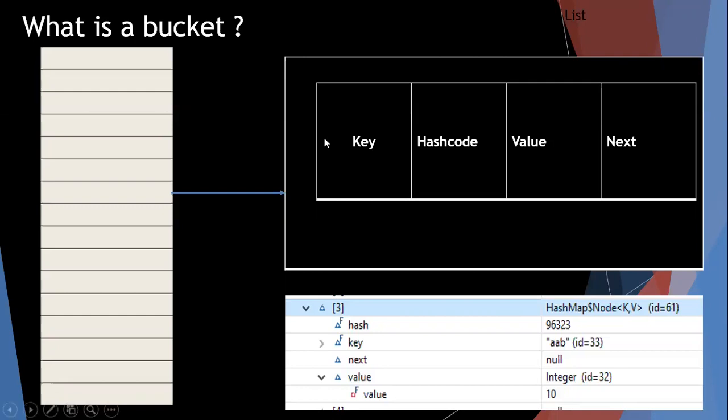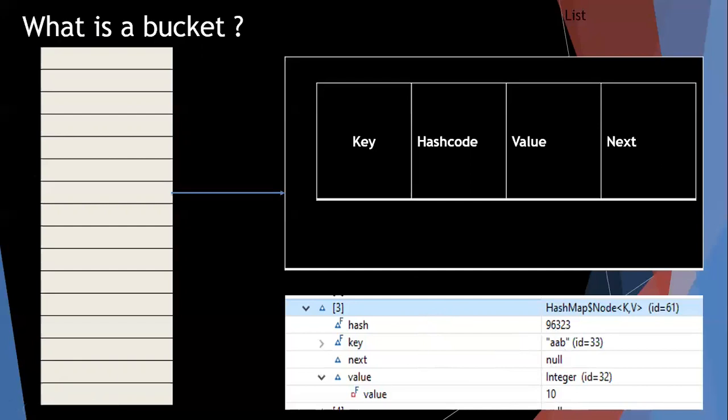The first type is key, the second type is value, and then hash code, which we'll see in further slides. And next gives the reference to the next node in the linked list. In the screenshot here, it's just an example. We have some number called hash, we have this key, whatever value we give, and then next is null, because we have only one node. Value is whatever value we give while creating the HashMap.